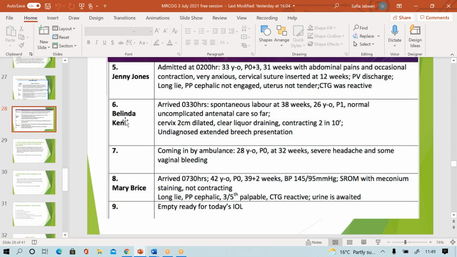Then yes, we will have a discussion. All you need to say is, we'll have a discussion with the woman, and you can send your ST3 or ST4 to discuss the advantages and disadvantages of vaginal breech and also the advantages and disadvantages of cesarean section, and then she informs us how she would like to deliver. And that's fine, you can leave it there,